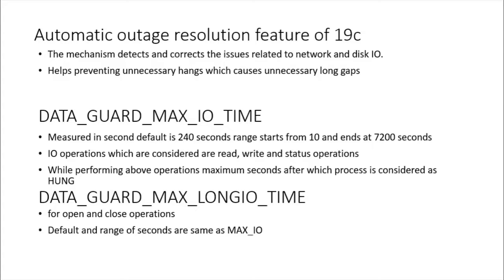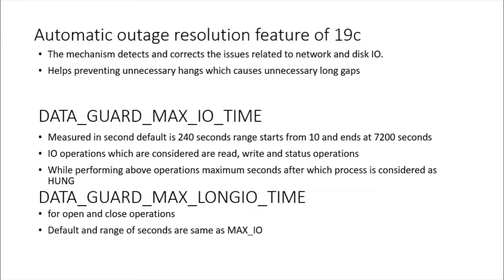Automatic outage resolution feature of 19C DataGuard. This is one of the new features introduced in 19C, which mainly detects and corrects issues related especially to disk I/O and network. We might be seeing a hung I/O process. In 19C, it helps prevent unnecessary hangs which cause